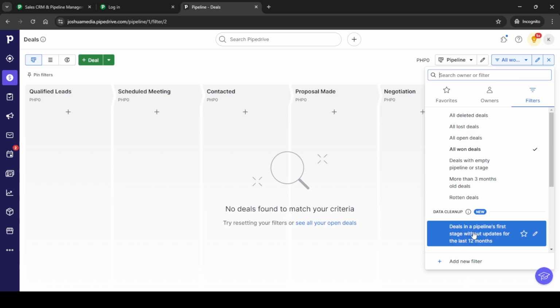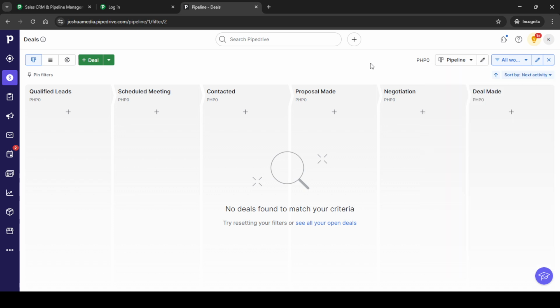And there you have it, folks. That's how you simplify your pipeline in Pipedrive. By using these filtering techniques, you can pinpoint exactly what you need to work on, minimizing distractions and boosting